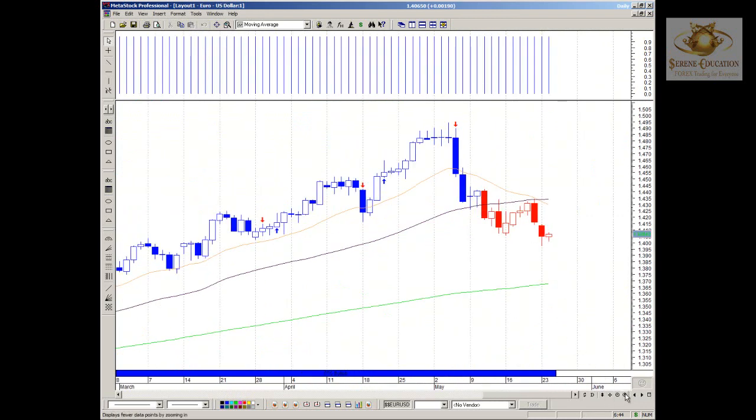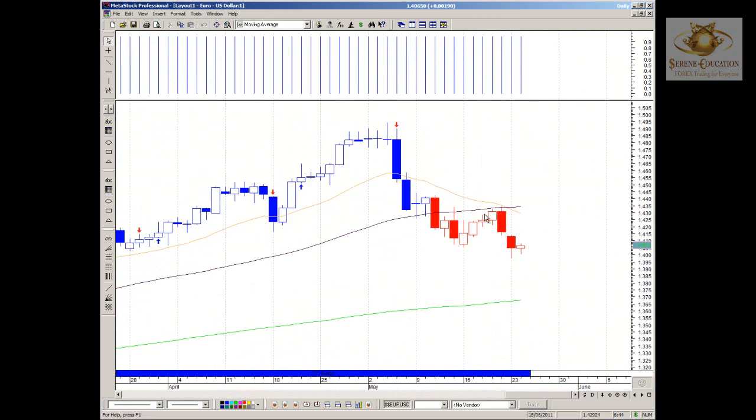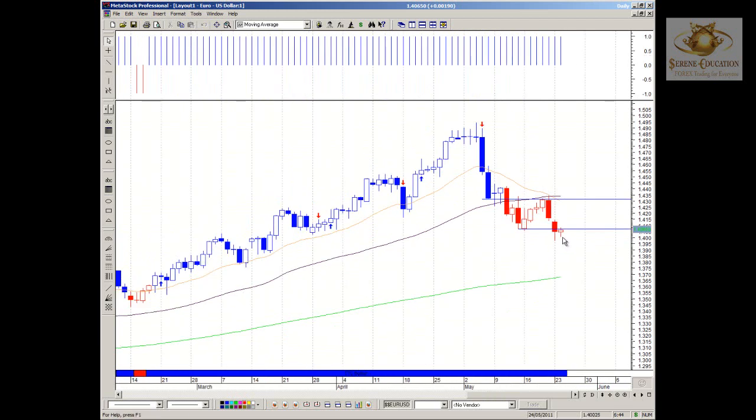Notice yesterday we had another bearish day after resistance was found on the underside of the 50 period moving average, and subsequently on the underside of a previous swing. Let's put that in so you can see previous swing, breakout, pullback, and then the continuation lower. Where we are now in relation to that is we're testing the last swing and trading on the underside of it. So what we want to do now is see if price fails to trade any higher, and if we can see price closing lower than that, then that will bode well for creating a lower swing,